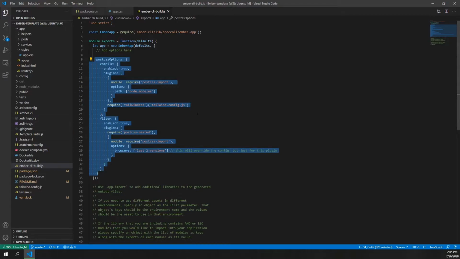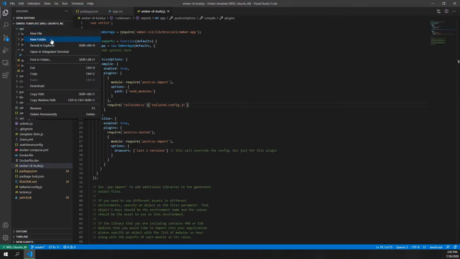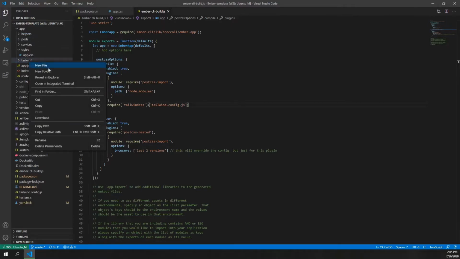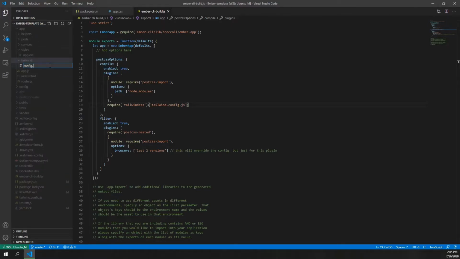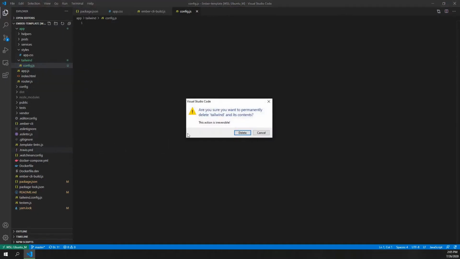The important part to look at is the require for Tailwind CSS. This line tells Ember where to find your Tailwind config file. You can either have this in the root of your application, or you could place it in a specified folder within your app folder, such as tailwind, and then have a file in that tailwind folder called config.js. The latter is good if you want to add extra CSS files that the config file will then import and use. In our case though, we are placing it in the root directory with the name